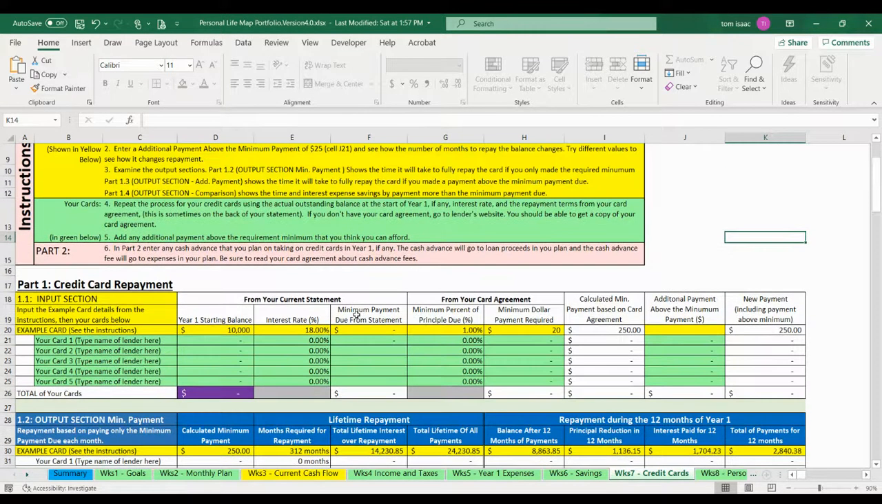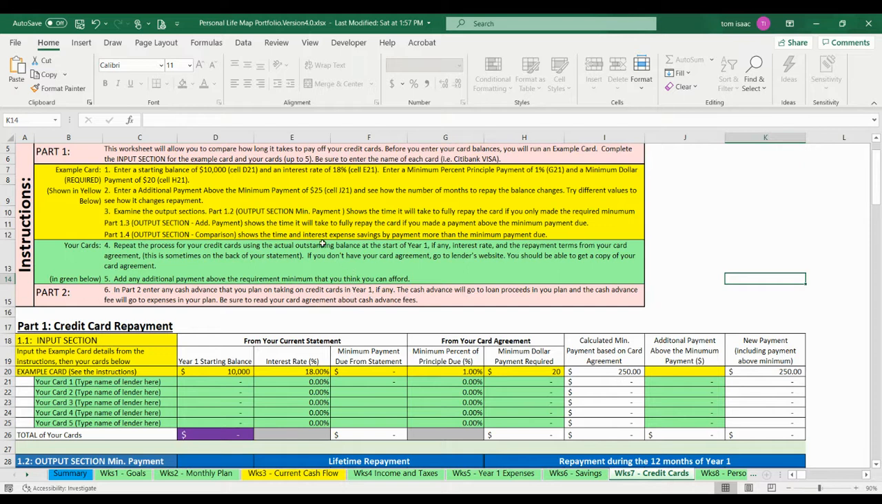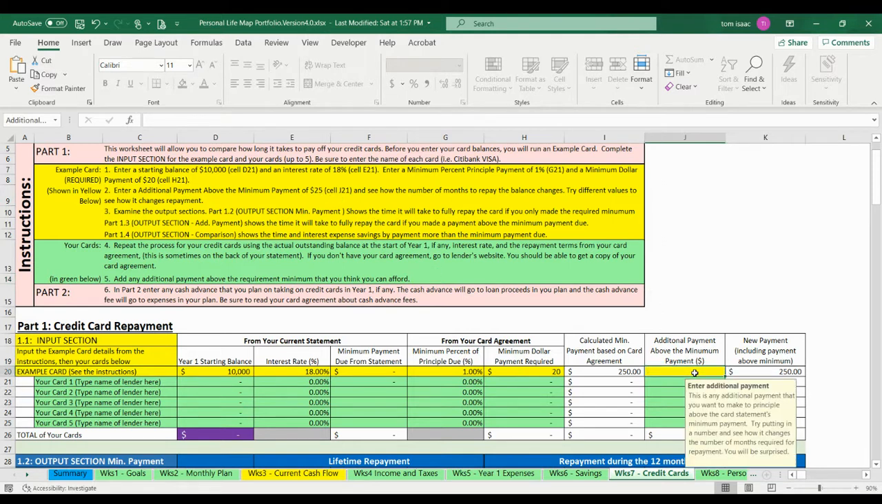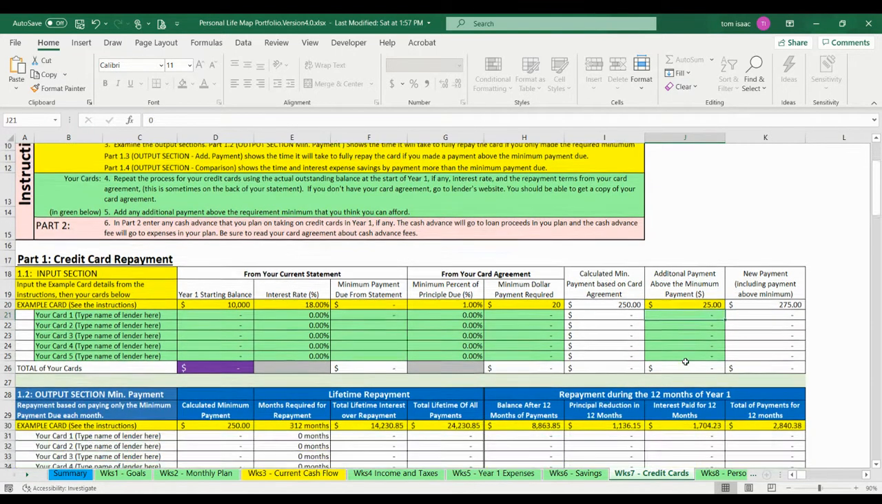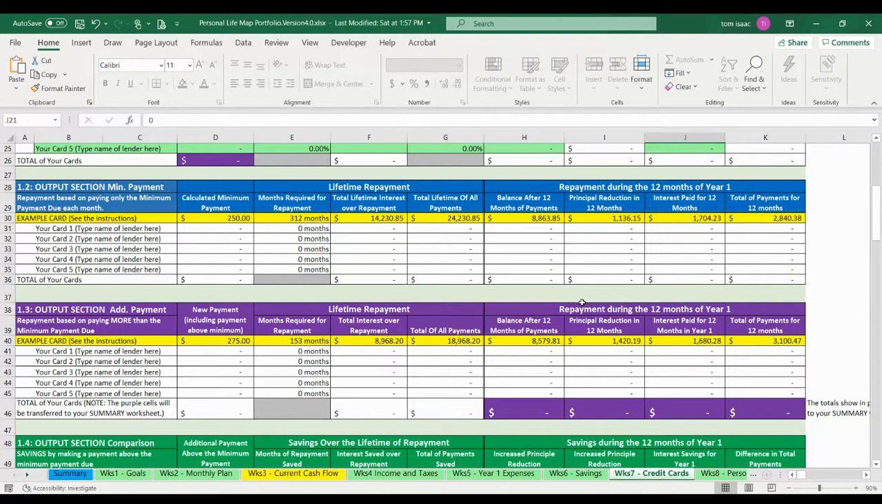Now, what we want to do is look at what happens if we make a payment above and beyond the minimum required payment. You can see here in the instructions, it says enter an additional payment above the minimum payment of $25 in cell J21. So I'm going to put in $25. When I come down to the output section, if I just pay the minimum payment, I'm going to pay a total of $14,235 in interest over the